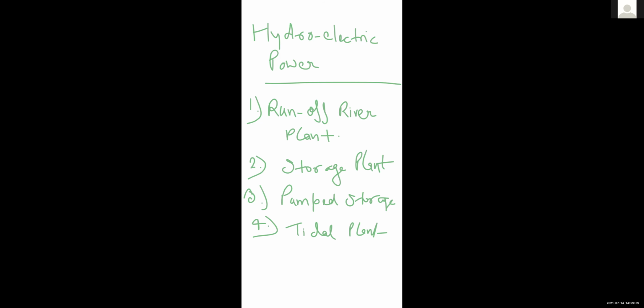In this type of pumped storage, generally a high head scheme is used. During peak hours, the water flows from the reservoir to the turbine and electricity is generated. And during off-peak hours, the excess power available from some other plant is utilized for pumping water back from the tail pool to the head pool. So this is the process of pumped storage.